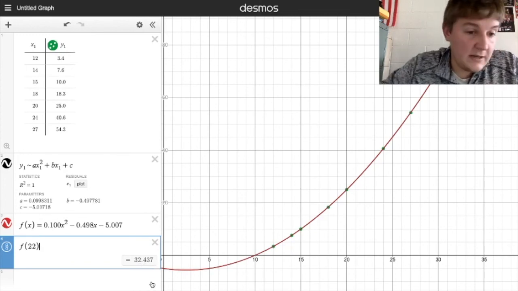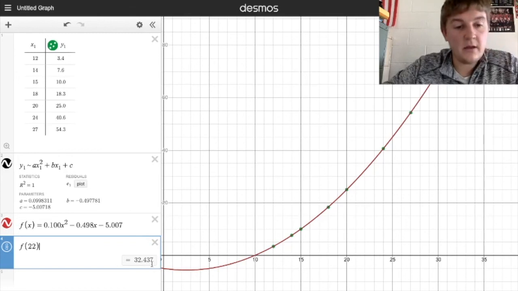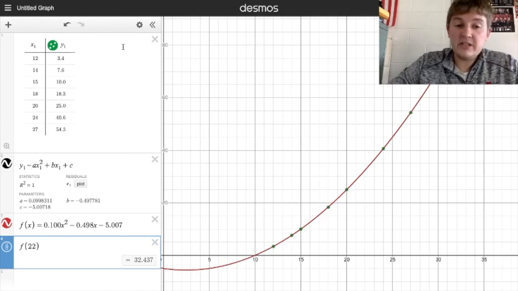So what does that mean? That means when x is 22, when the ice is 22 inches thick, it can support a weight of 32.437 tons. Okay, so for those who do not have a graphing calculator available, this method is how